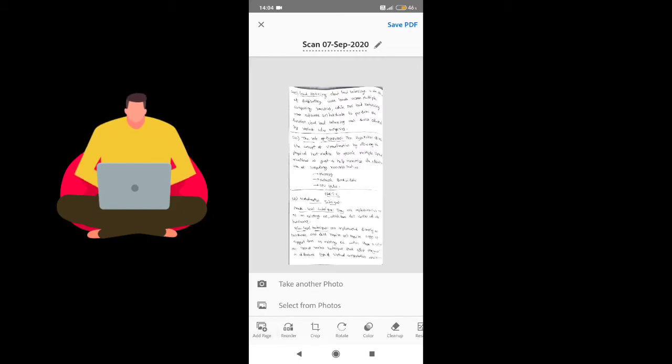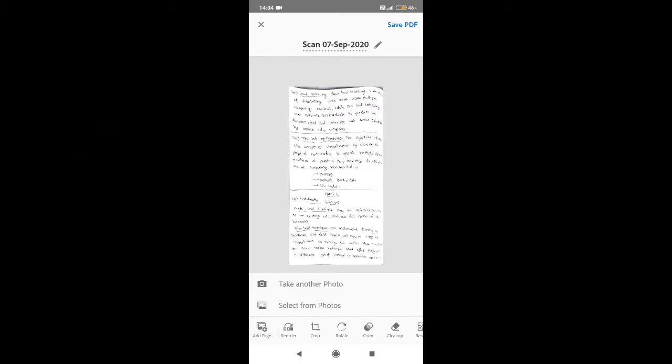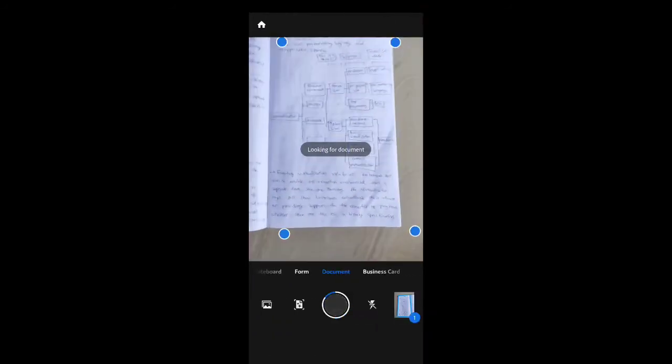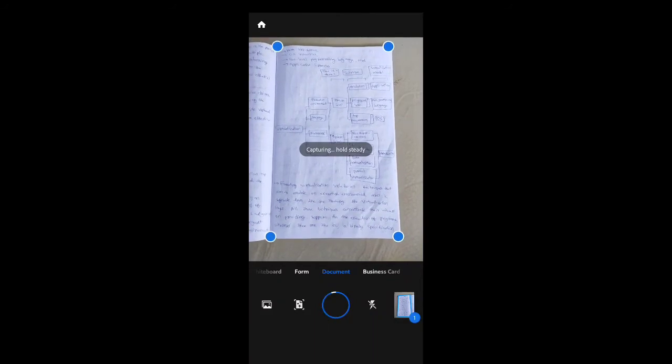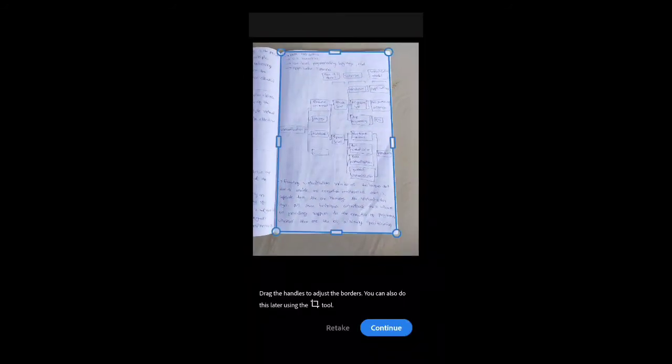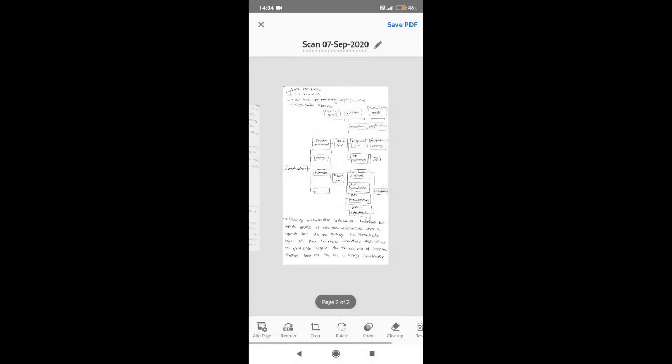And for reordering, I'm going to take another picture. So this is another picture. You can find it will automatically detect the page and it will automatically take the picture. You don't need to click on the capture button.